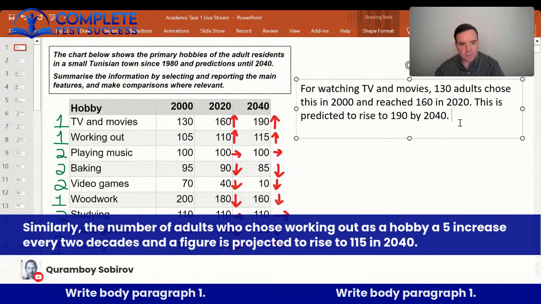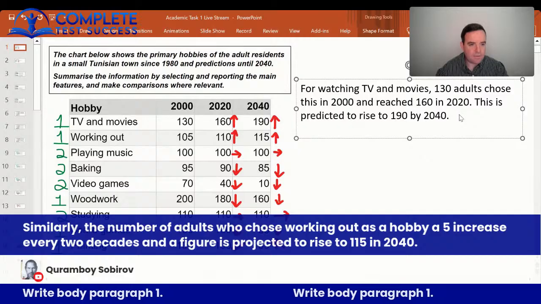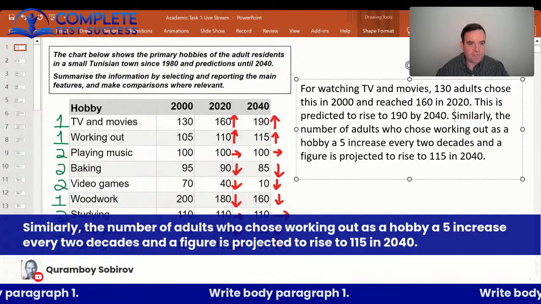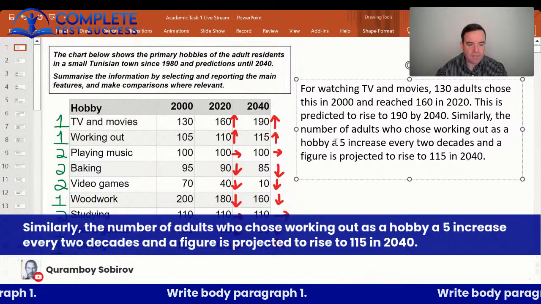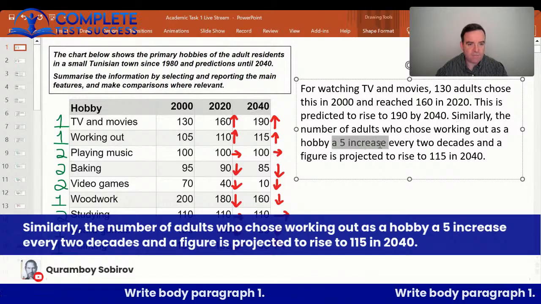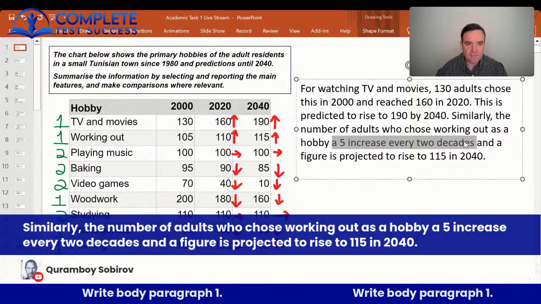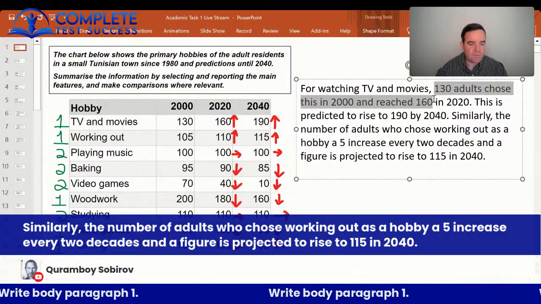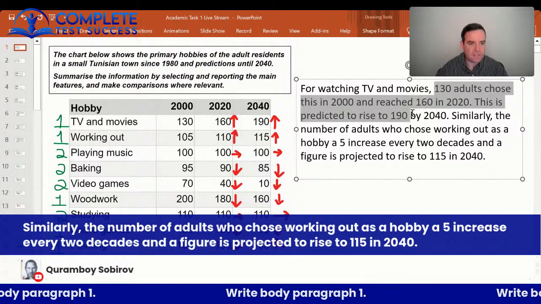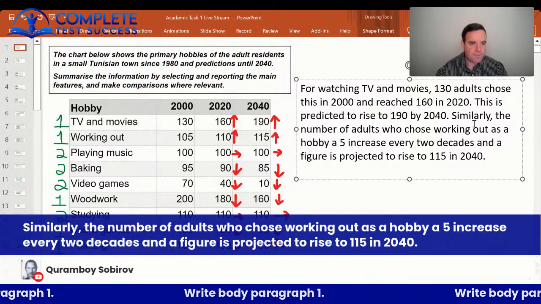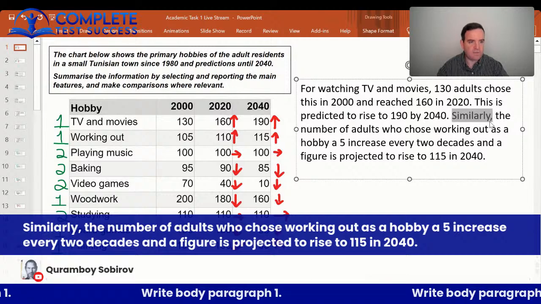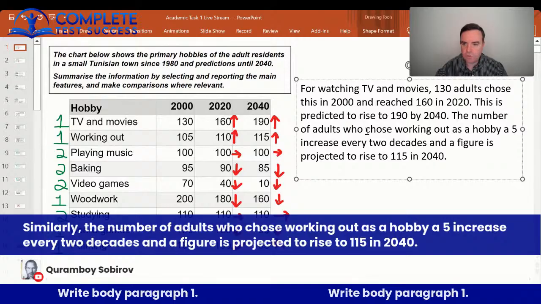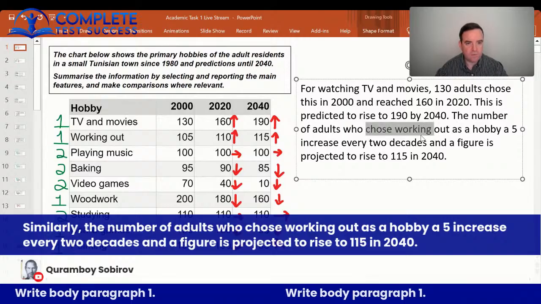The next thing I suppose is, why did you say similarly? What is similar? Similarly, the number of adults who chose working out as a hobby increased by 5 every 2 decades, but the other one didn't increase by 5. It went from 130 to 160, so that's an increase of 30, and then another increase of 30. So I'm going to remove that. There's nothing similar there. So the number of adults who chose working out, let's just say who worked out,